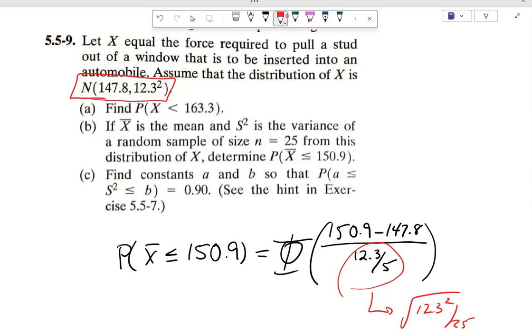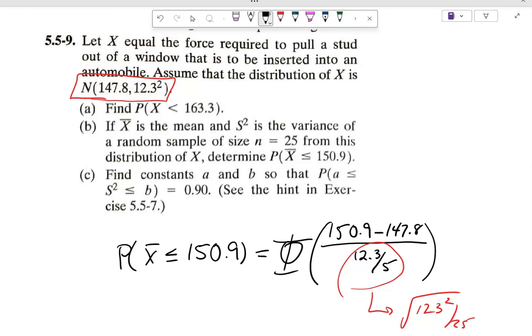Square root of the variance squared divided by the sample size, right? That's where the 12.3 over 5 comes from. Literally, that's the only thing that we're doing new, isn't it? Dividing the variance by the n. The n in this case is 25. Otherwise, this is not a new problem,